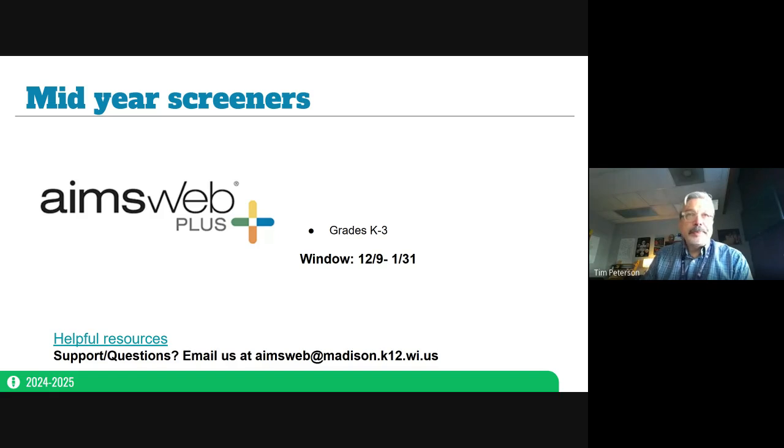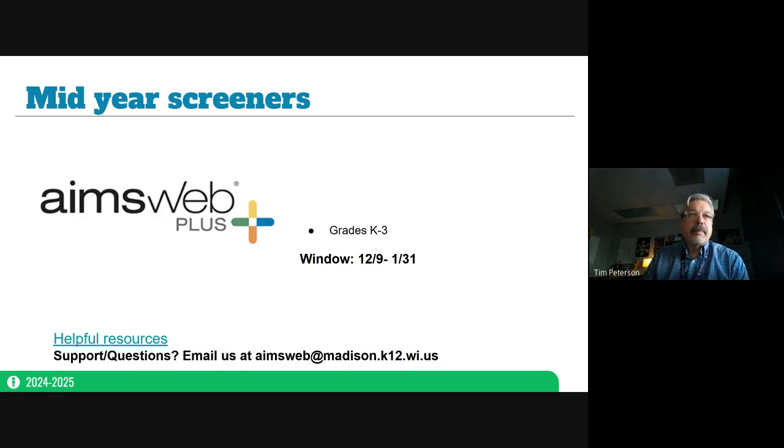The AimsWeb window is different, and goes through the end of January. The resources that are listed here, the helpful resources, will give you things like the score snapshot report, which has been translated into Hmong and Spanish. Those will be listed there on the middle of the year screening, towards the bottom, under helpful resources.